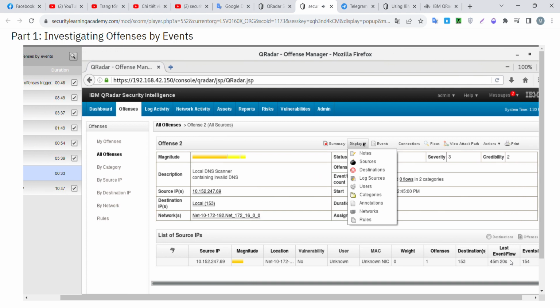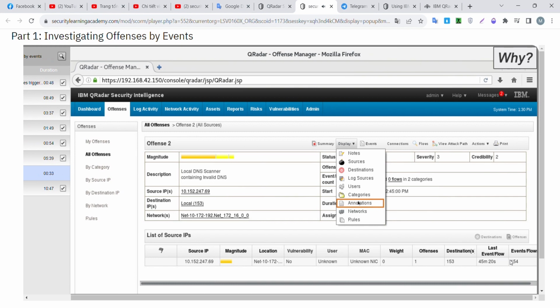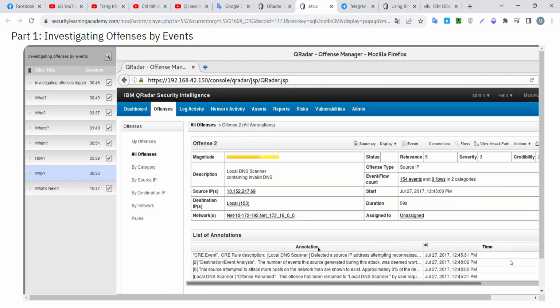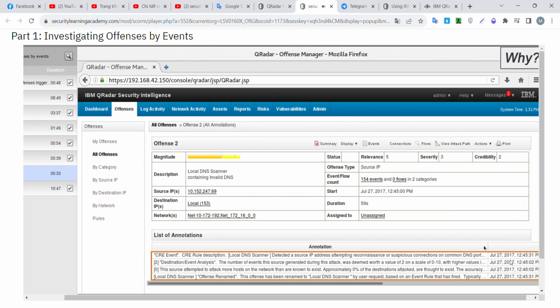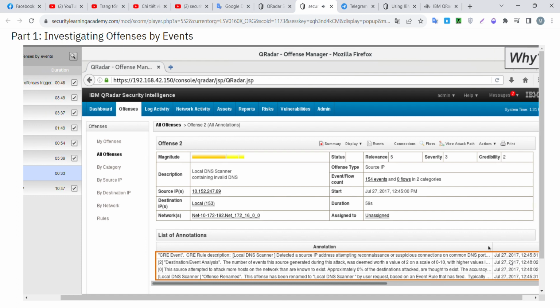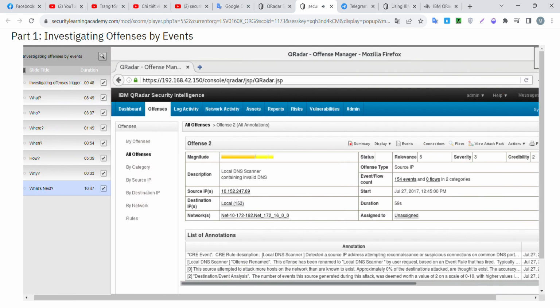However, I would like to investigate why this offense occurred. Okay, let's figure it out by looking at the annotations. These annotations describe why the rules have been triggering the offense. You can find out why an offense considers events to be threatening and why some automatic decisions were made. Let's examine our example more closely. After sorting annotations by date, by clicking twice here, an analyst should always begin to look at the first annotation